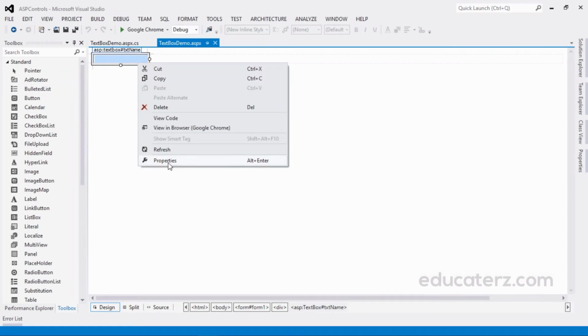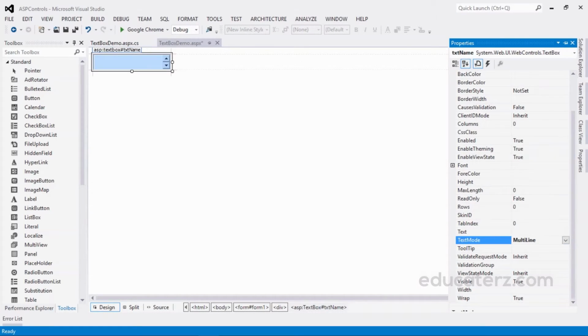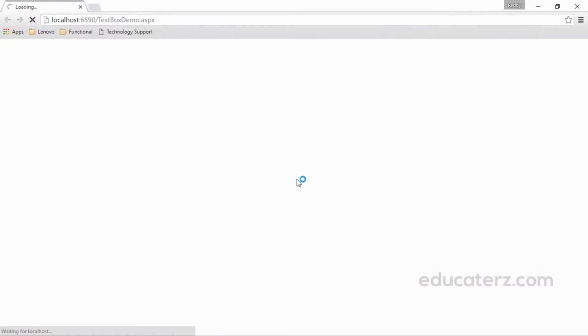Now let us see the other properties. We have seen the text mode property. Now the other mode is multi-line. See this. When I set this multi-line, it got changed. Now save it, then run it again. If I kept the text mode property as multi-line, we are seeing it like this. Suppose you type, see here, as you type it has a scroll bar like this.